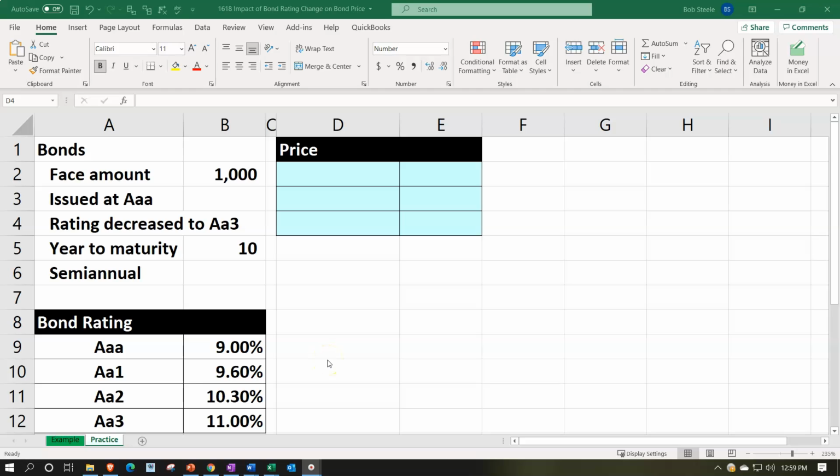If you have access to the Excel worksheet and would like to follow along, note that we are in the practice tab as opposed to the example tab. The example tab, in essence, being an answer key. Information on the left-hand side, we're going to populate into the blue area on the right-hand side, calculating the price of the bond, but with a change in the bond rating. The new focus being on that change and the impact to the market rate and possibly to the value